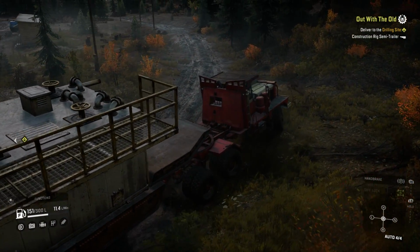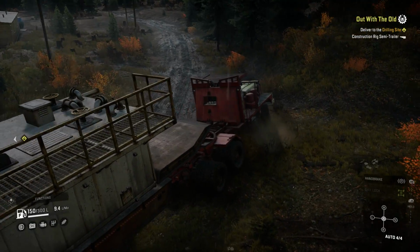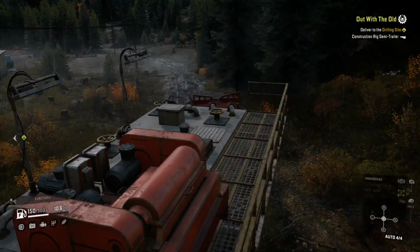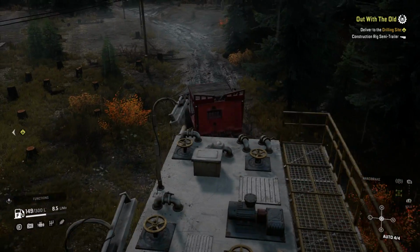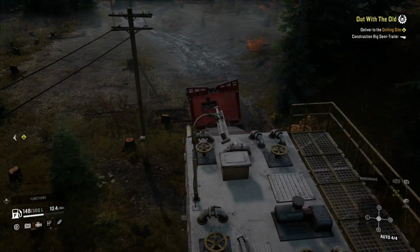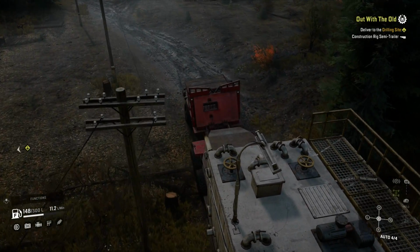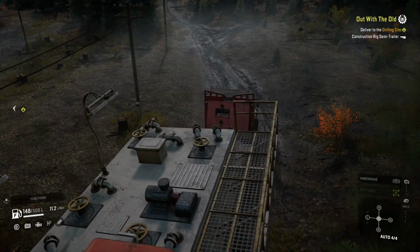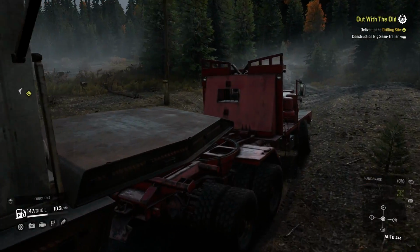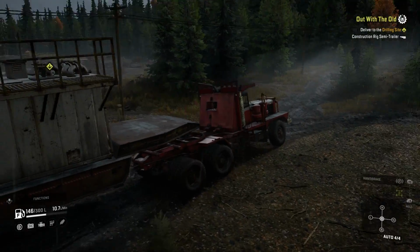There's no way I'm letting this truck go into any section of this map where it hasn't got a friend ahead of it. This actually is now to be a firm rule of mine. I don't know, what do you guys think of me towing one with the other? Is that kind of taking advantage, or is that just being sensible? I'd like to see what the trucks can accomplish by themselves without...